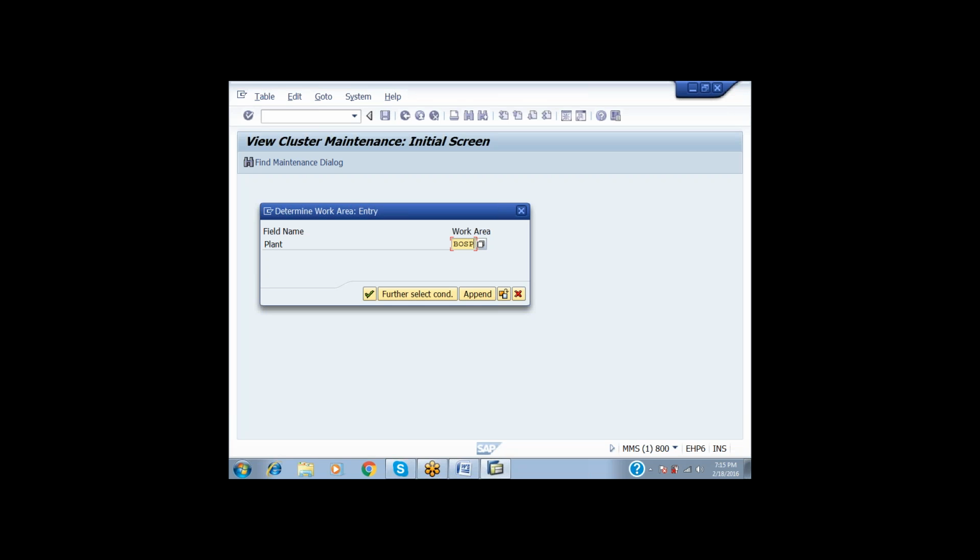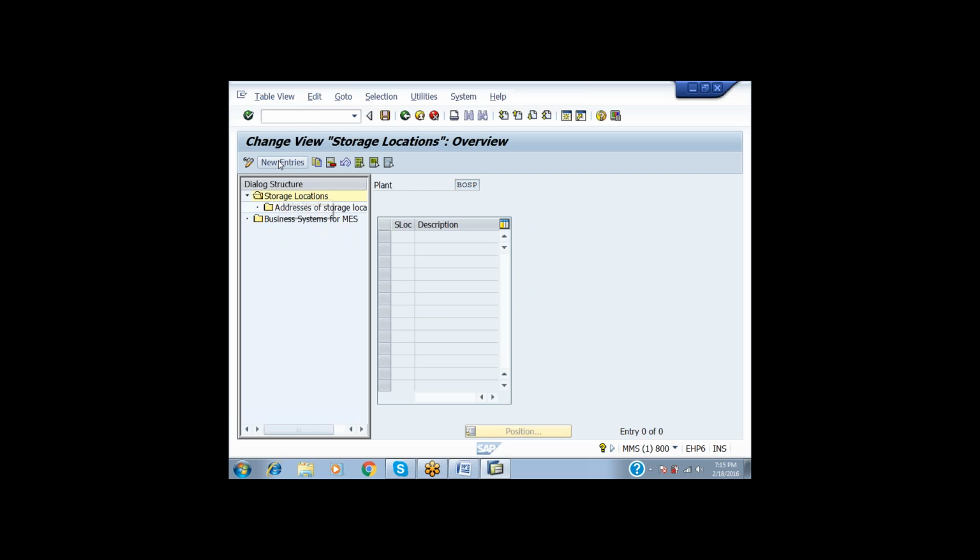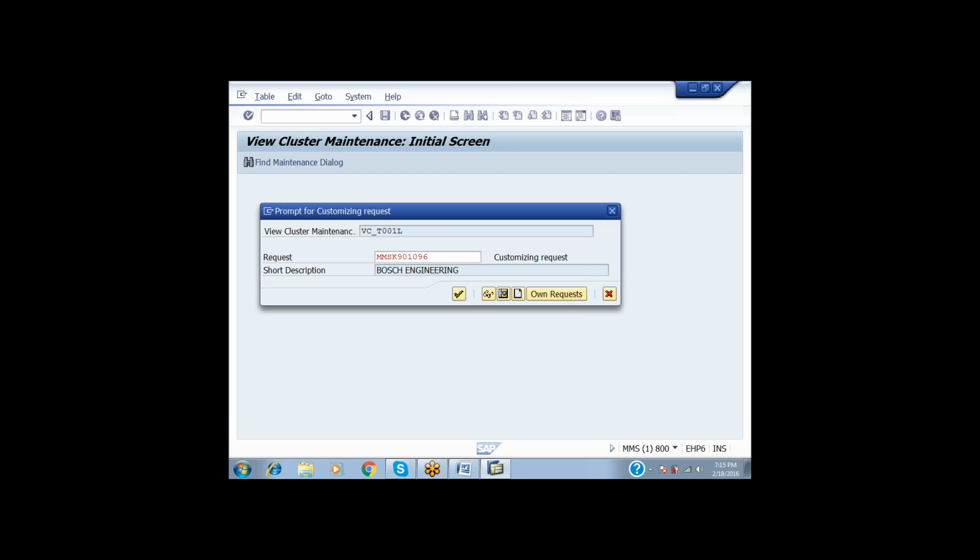Under the BOSP, I am having the storage locations of anything, BOS1, Pune 1, and BOS2, Pune 2, and so on.